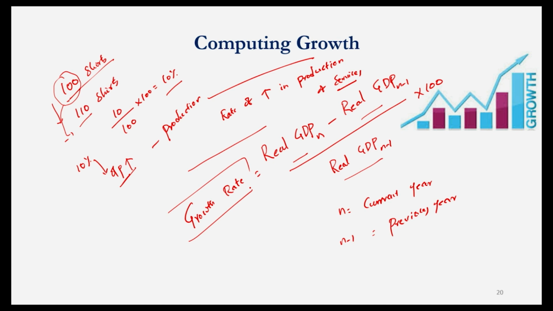Now let's imagine you have come across in the newspaper that the government of India has reported a 12% growth rate of this country in the financial year 21-22. Of course, that's not the correct growth rate for 21-22; I'm just giving an example. If the government reports a 12% growth rate in 21-22, how would you interpret this? Compared to the financial year 2021, the production of goods and services in the economy has gone up by 12%. There is a 12% increase in the overall production of goods and services compared to the previous year. Okay. Similarly, imagine you have come across news about the third quarter of financial year 22-23.